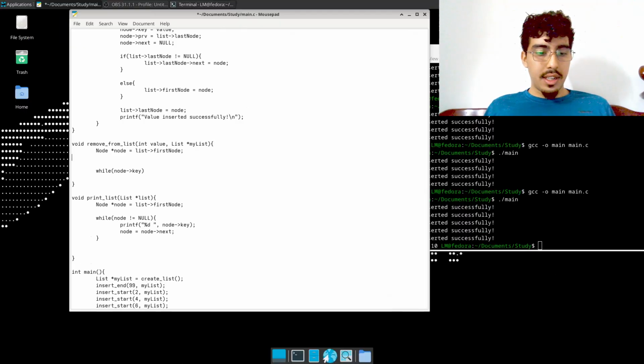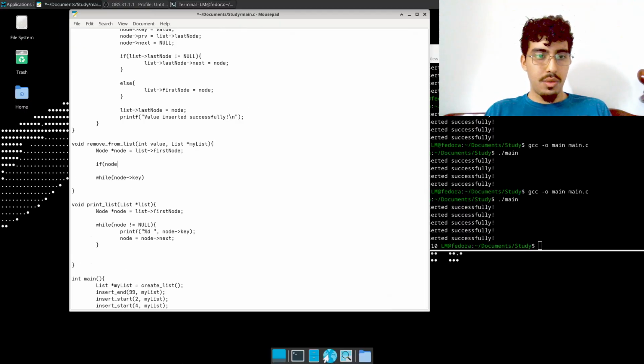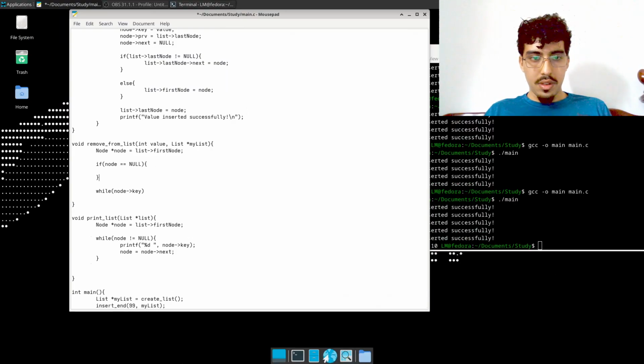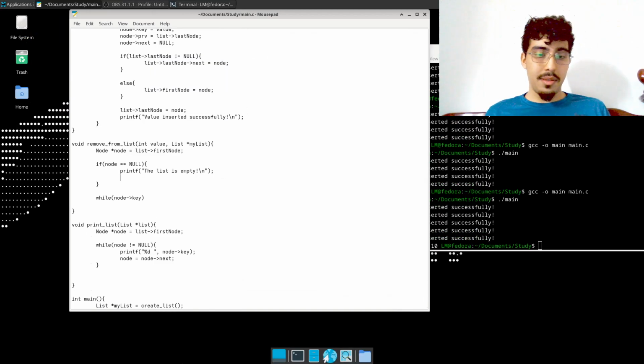The first thing we have to check: if node is null, we're going to printf that the list is empty. There's no way to remove a value from a list that is empty. I'm going to return. But if it's not empty,